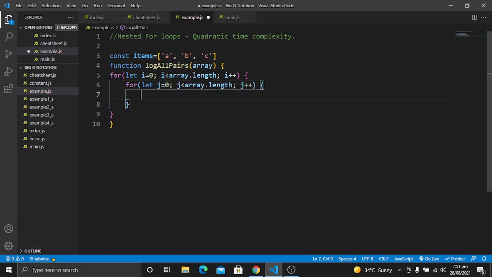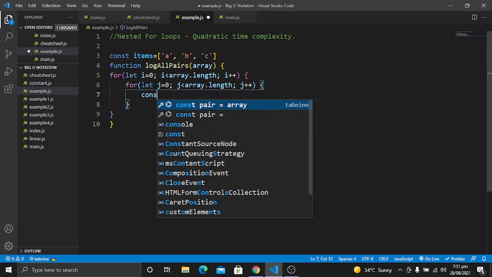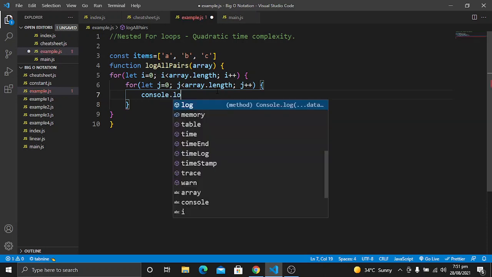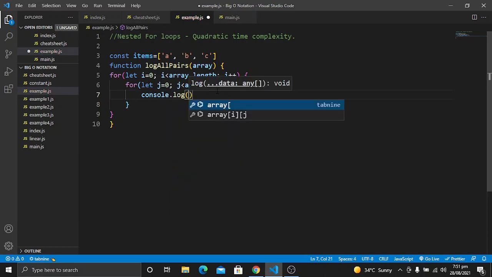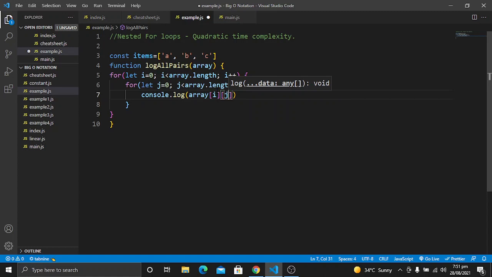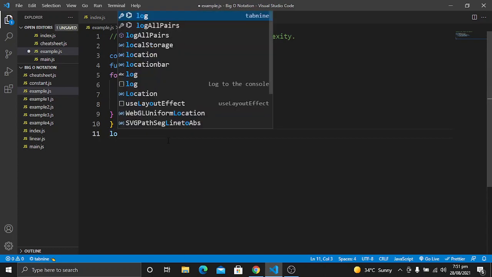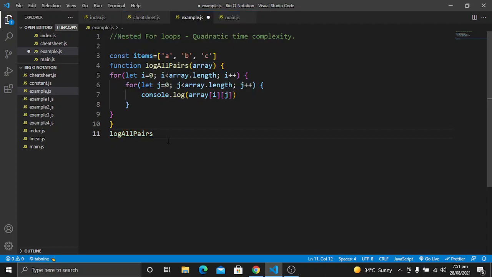Now what we want to do is console.log, and log all the pairs of the array here. Let's save it. Now call this function, logAllPairs, and pass these items as an argument.